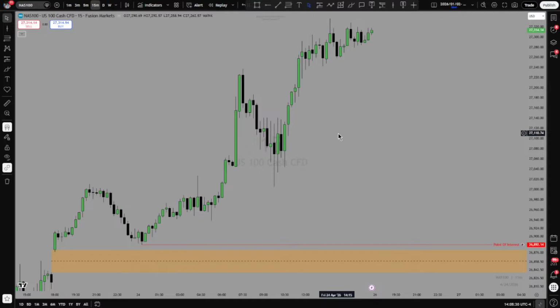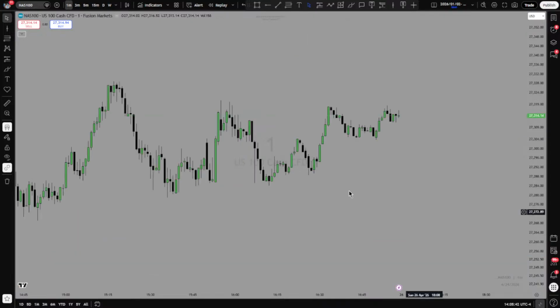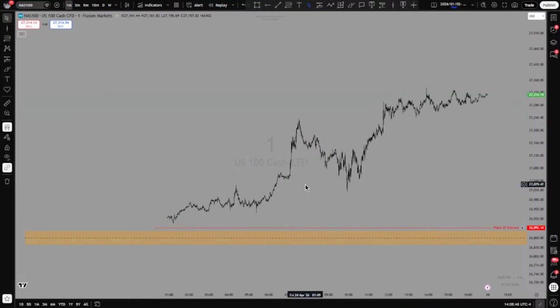Let me move to 1 minute so I can check whether what I annotated there is correct. This one makes a lot of sense. I want to see the price crushing this, but before that, I want to see if the price can reach a bit higher to this, right? I want to see that.